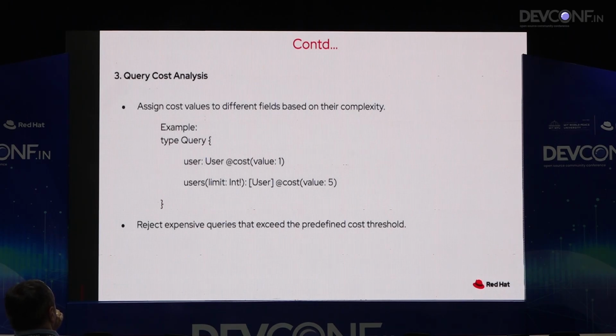Because remember, GraphQL queries are user-defined queries at the end, and the users can query literally for anything. So to protect your server from getting overloaded, you need to somehow calculate the cost of the whole query and limit this cost so that you can prevent the server from DoS and DDoS kind of attacks as well. You can do it mainly using the cost directive, or you can also use some kind of depth limit for a particular query to save your servers.